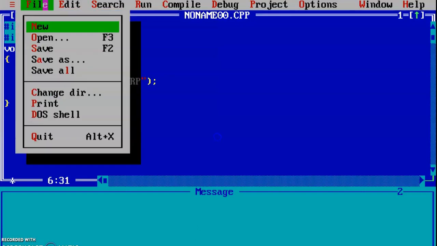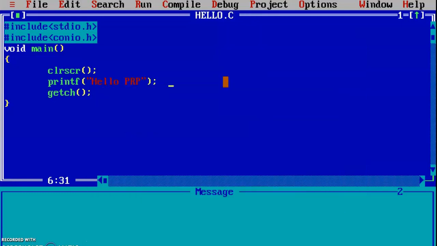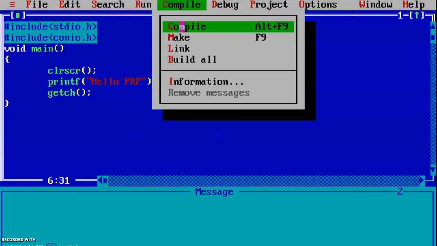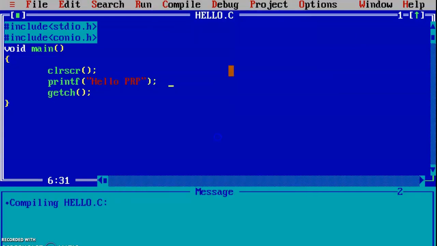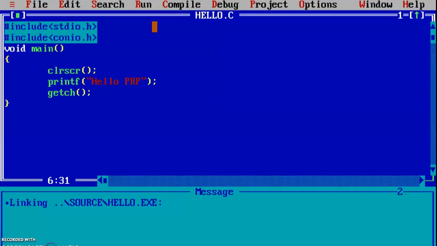After this, save your program in the bin directory. For example, if I give the name hello.c, always save your program with the .c extension. Now compile this program, then run this program. You will get the output hello prp.